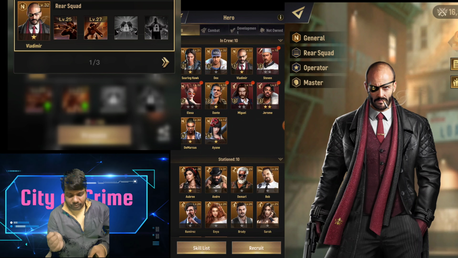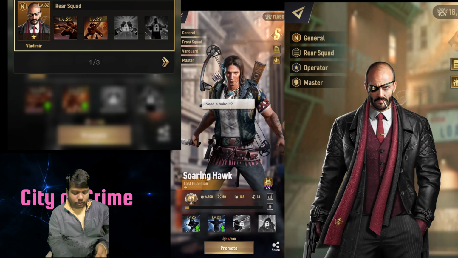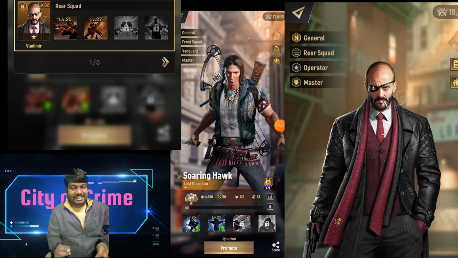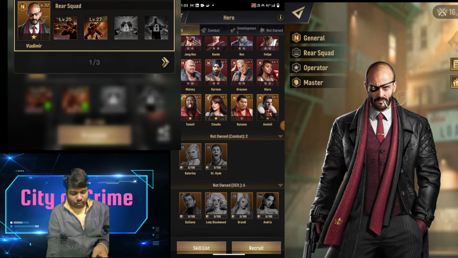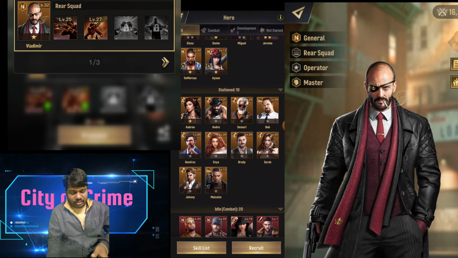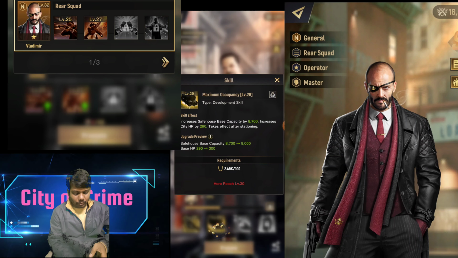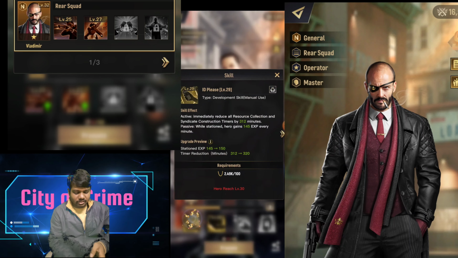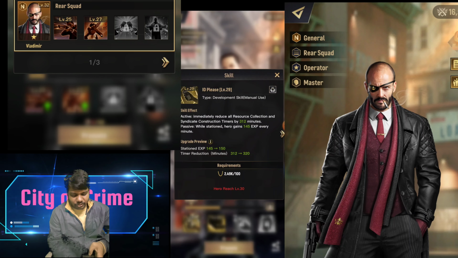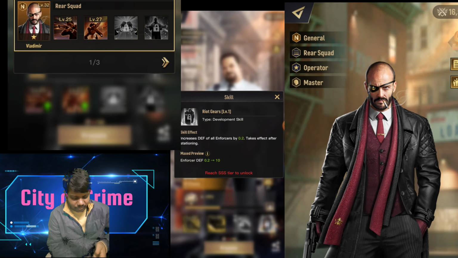So basically they are of different types: enforcer, gunner, rider, and neutral too. There is one more type which they excel in, you can say healer and administrator. If you come here and check it out, he is the administrator type. It is good at managing. You can say safe house base capacity and base HP will be increased. At the same time, station EXP, timer reduction, bonded unit reduction, and enforcers' defense will also be increased